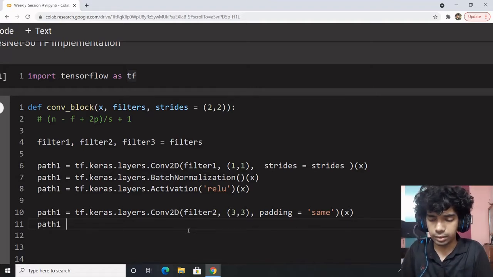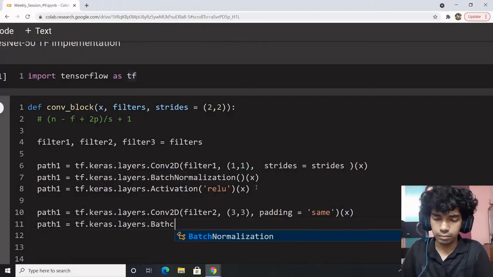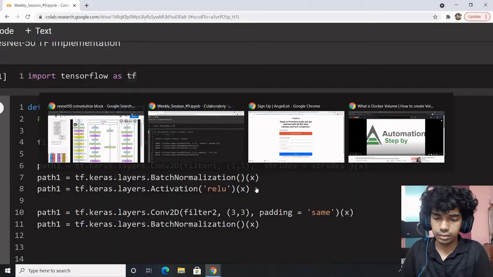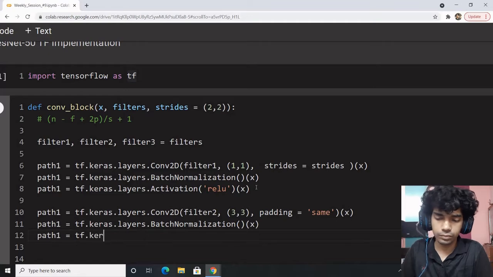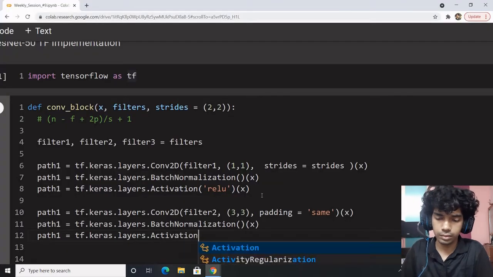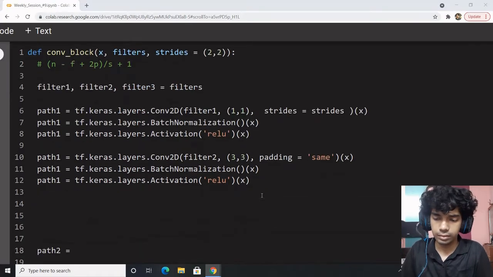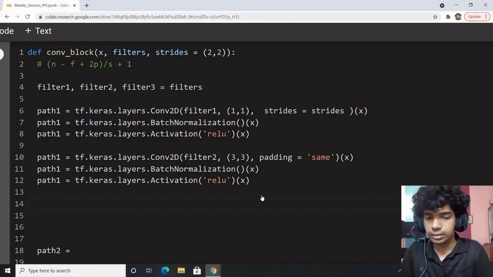Let's do path 1 equals tf.keras.layers batch normalization, and then we have x. And what else is left to be done?